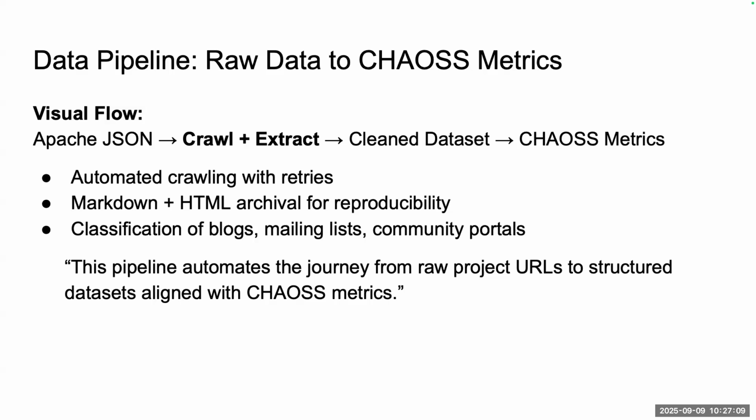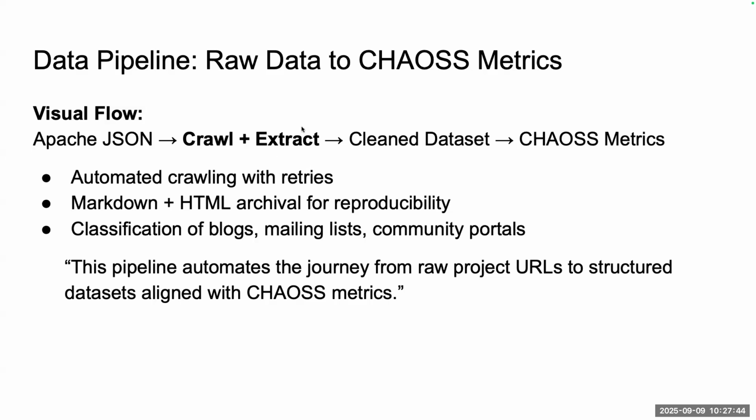But for the Apache, we've tried to create a flow, because there's a JSON dump for Apache. We get the JSON dump, and it's not sufficient for what the Apache ecosystem actually contains. So we went ahead to create a script that crawls and extracts some of the additional data points that are not present in the big JSON dump. And the end goal is to clean that data set and align it with CHAOSS metrics. So right now we are preparing an automated crawl, which will be retried maybe quarterly or monthly. We'll decide on the frequency of that.